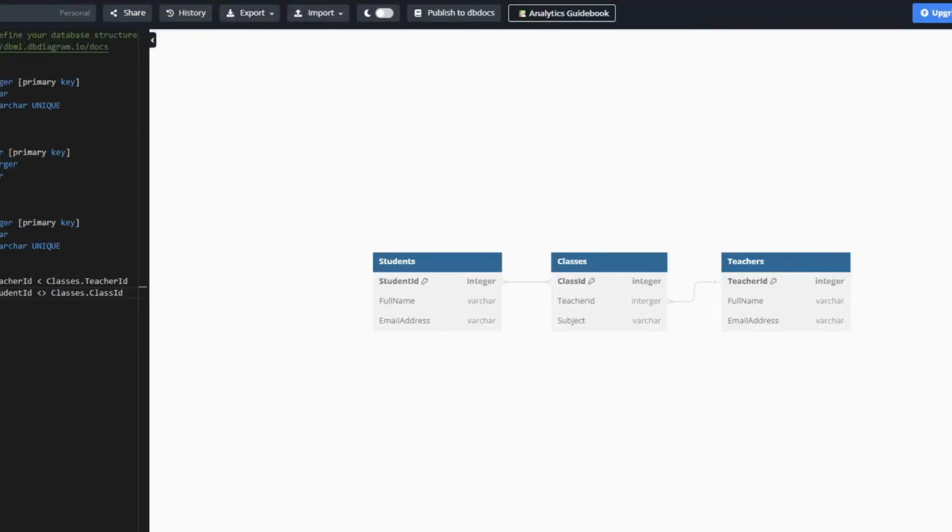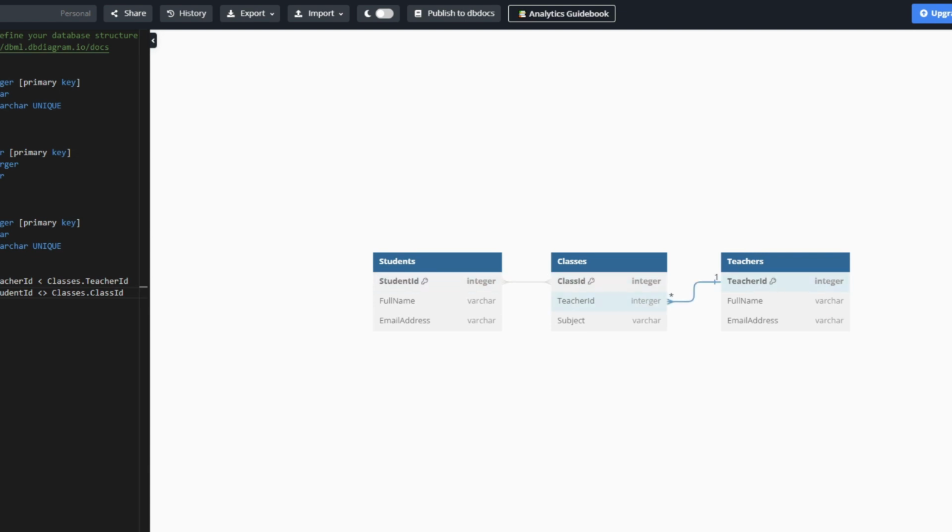Hello guys, today we talk about the anti-framework or Fluent API approach to design model-first databases using C# code. I'm using dbdiagram.io as a tool for database design. I have a table called students having a many-to-many relationship with classes, and another table, teachers, having a many-to-one relationship